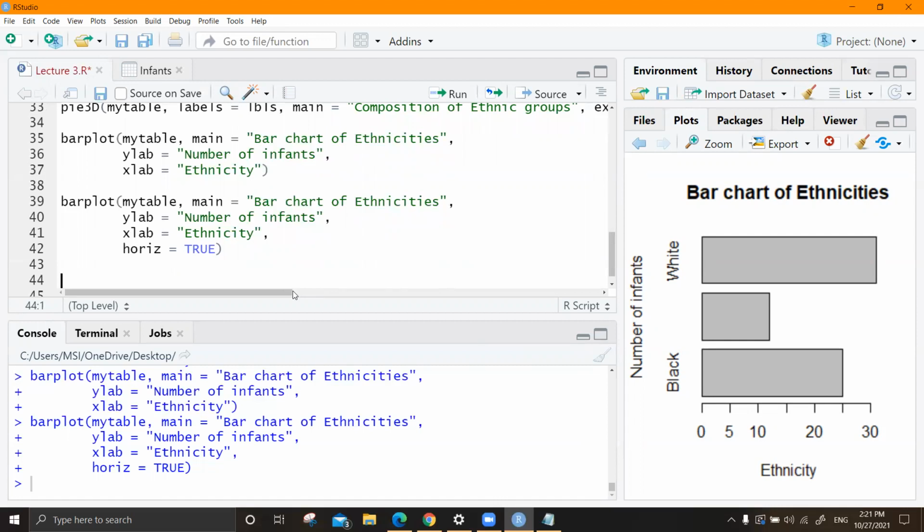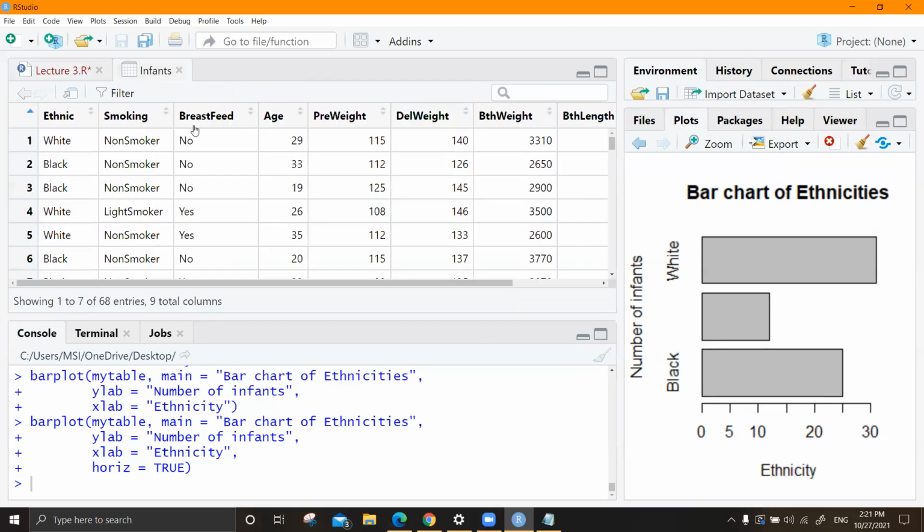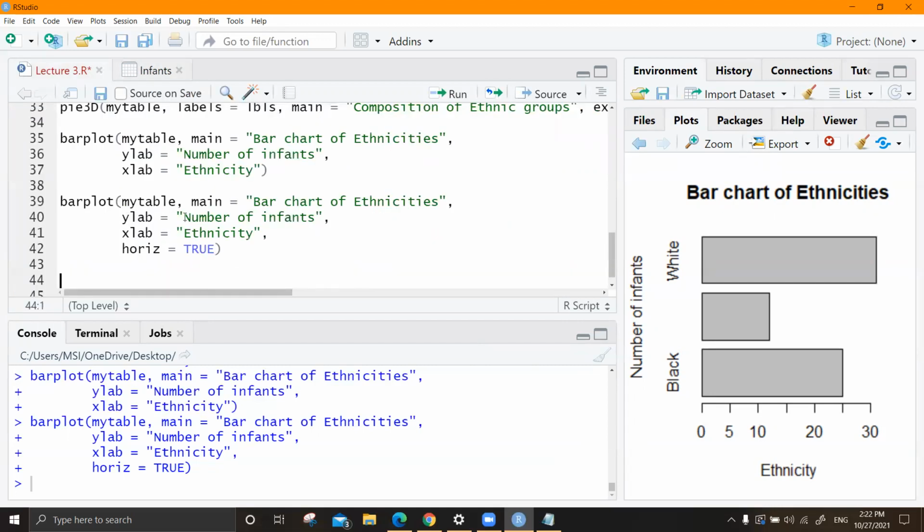That is bar chart, and we can even plot box plots, right? Usually box plots are done for numerical, continuous, quantitative variables like this. You can't draw box plots for categorical variables.